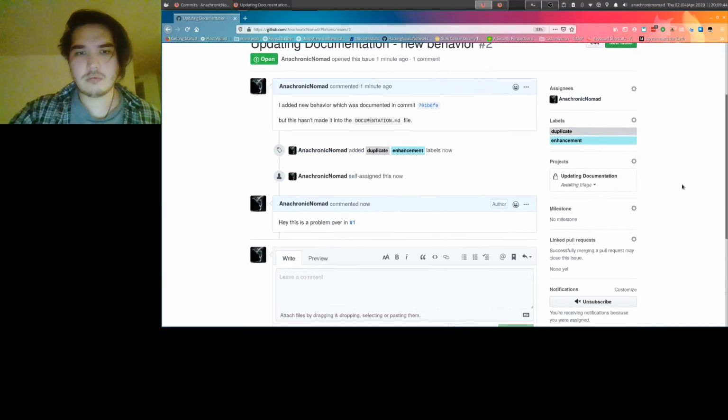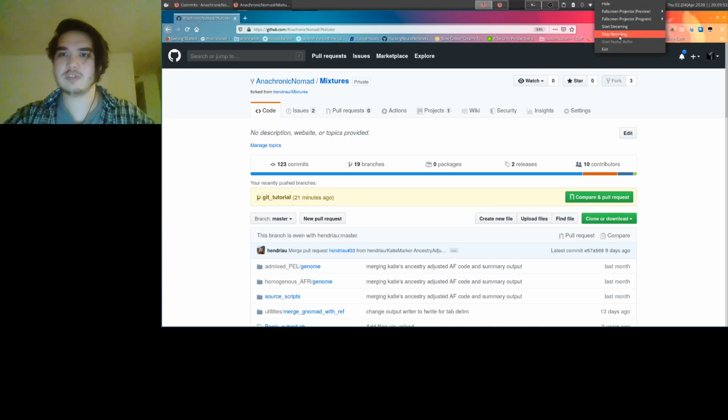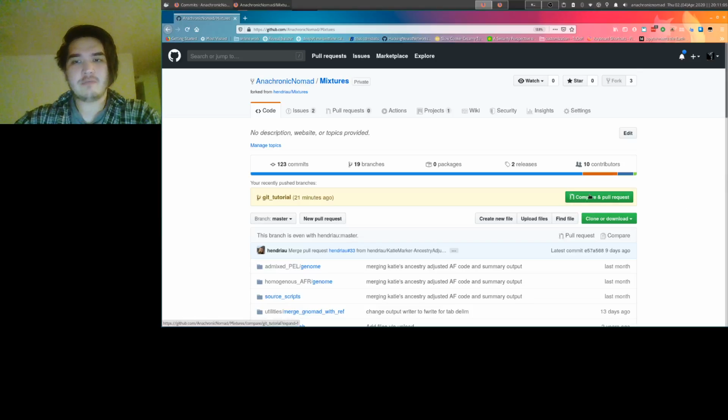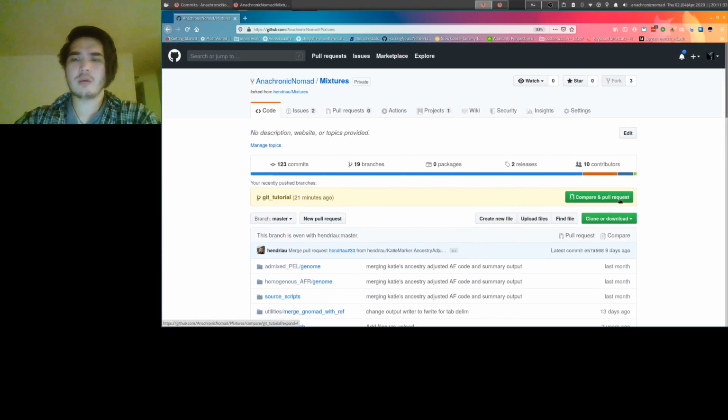Now, the other thing that we have going on is, because we're over in a fork, which is a different copy of the main repo, we might have a new feature that we've developed in another branch, and we want to send that to the main repo that we forked from, where we can hit compare and pull request,